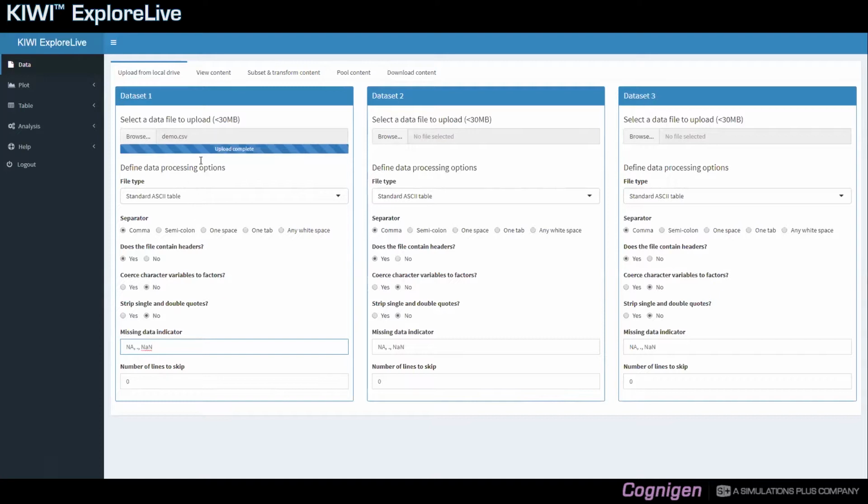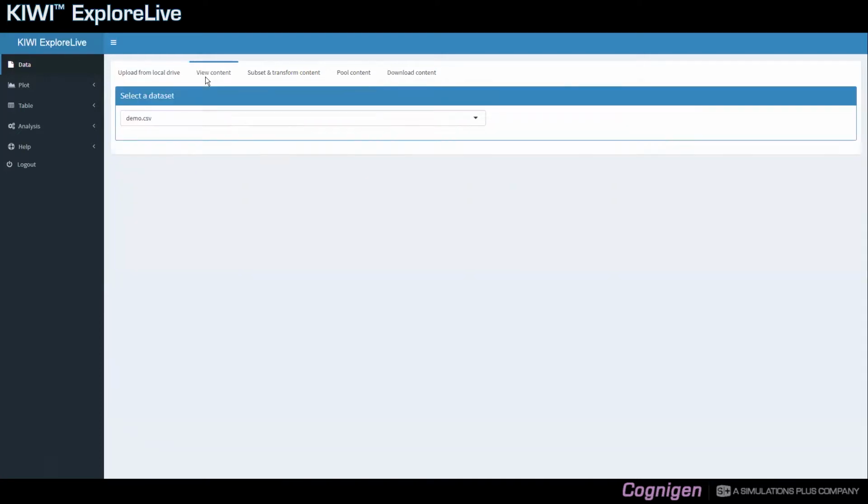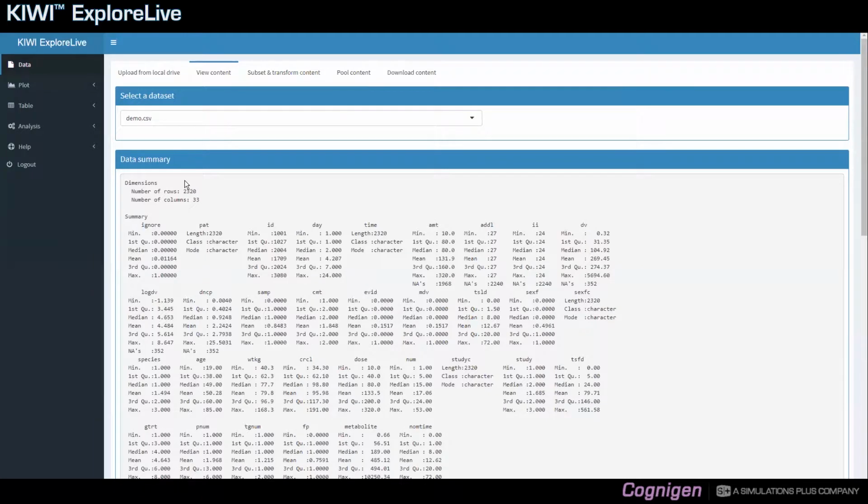In the case of demo.csv, I'm going to keep the default settings. And if you click on View Content, you can see that the data has been successfully processed, and KIWI ExploreLive